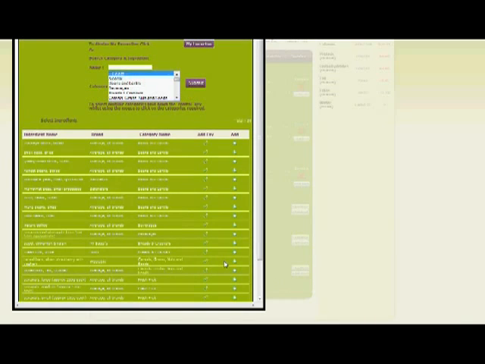Otherwise, if you haven't got anything in your favourites yet, you can simply type in the name of the ingredient that you're looking for, and if you want to narrow that search down, you can also look for a category that it's in. So I'm looking for a banana in fresh fruit. If I also wanted to look at dried fruits, I would simply click the control button and click on dried fruits as well. Once you've done that, you simply click on submit and it comes up with a list of